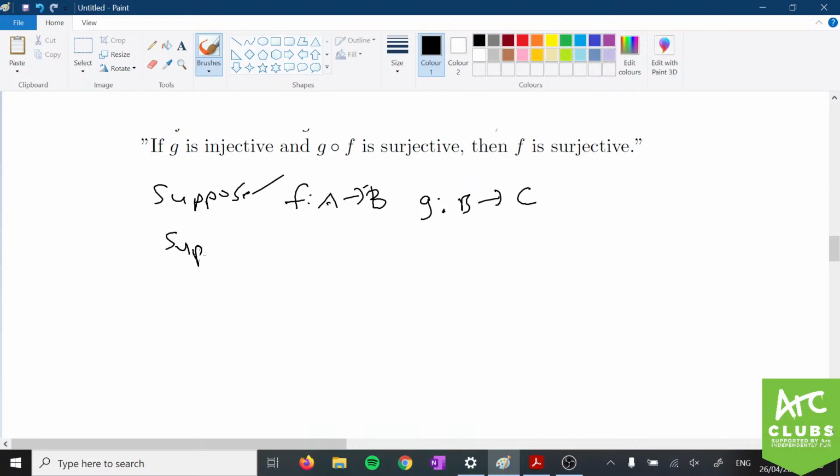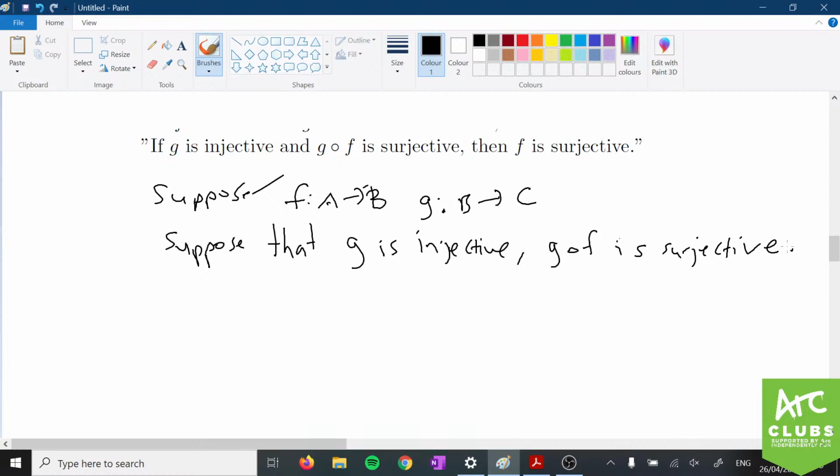Suppose that g is injective and g composed with f is surjective. And to prove this if-then statement, we have to somehow go through a series of steps and reach the conclusion that f is surjective. And so to prove that f is surjective, we have to use the formal definition of surjectivity. And the formal definition is that for every,